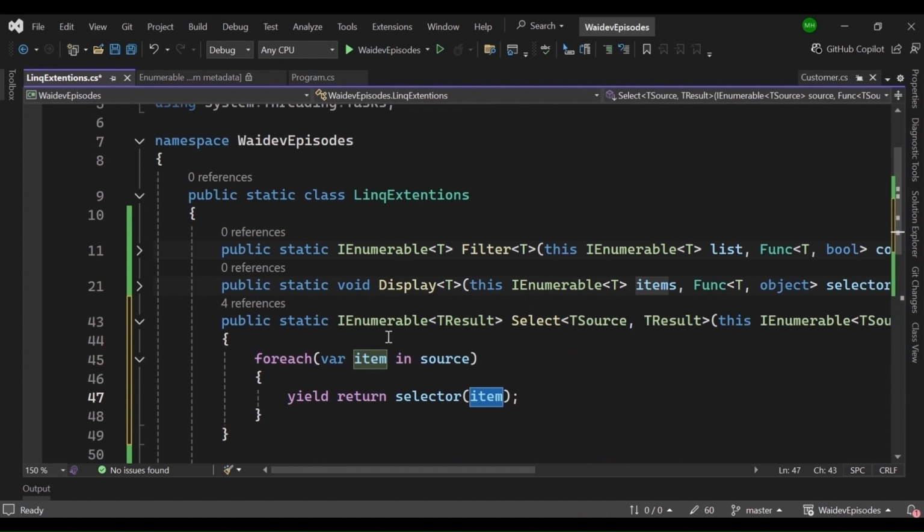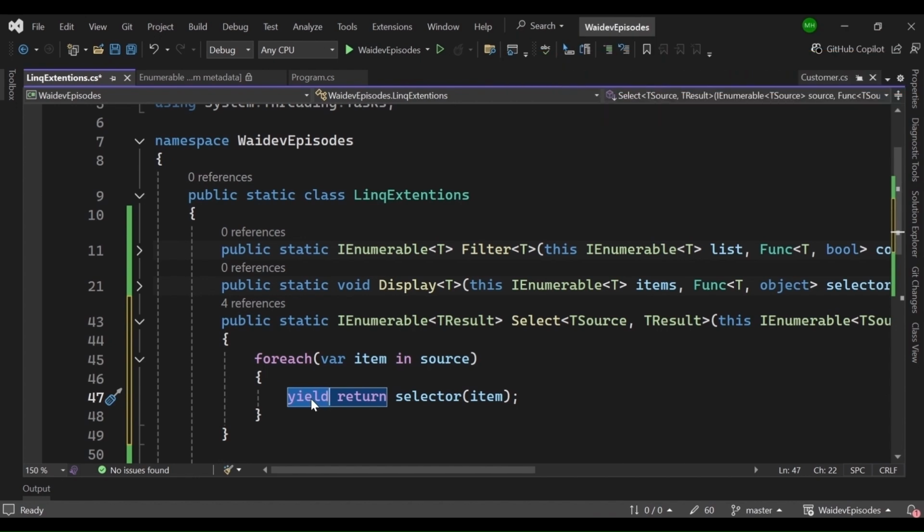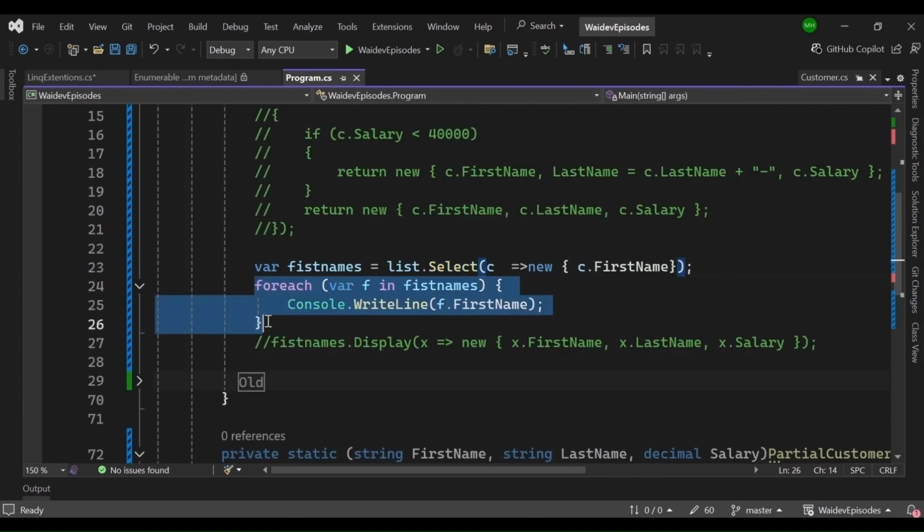So if you are layering on this yield statement, it's nothing but returning the enumerator only once. No matter how many times you loop through this source, this yield return select item will return the instance of the enumerator only once. And then when we make use of the foreach loop over here, the foreach loop will make use of that enumerator and call the MoveNext function of the enumerator